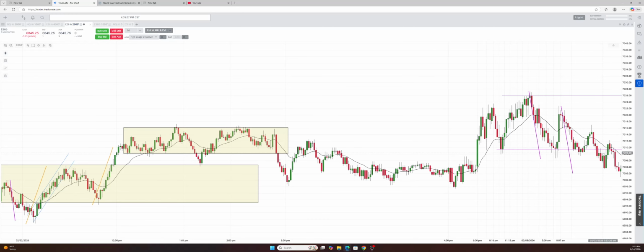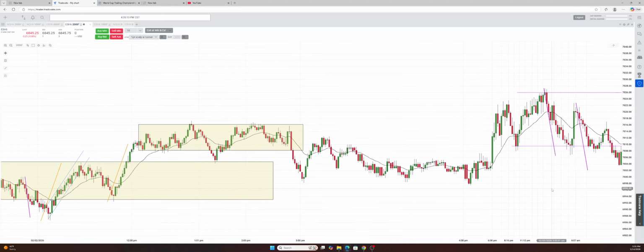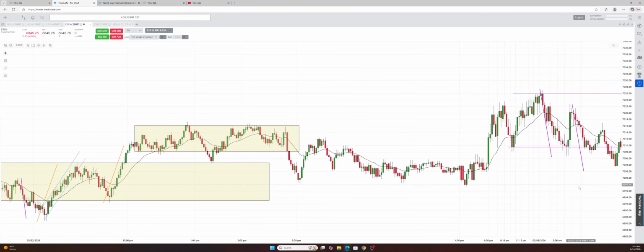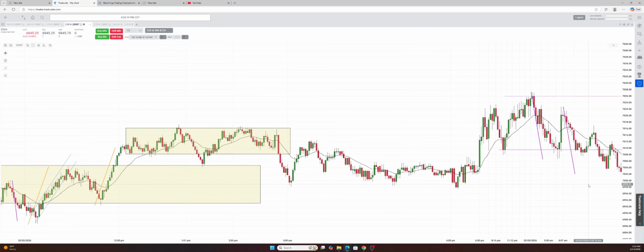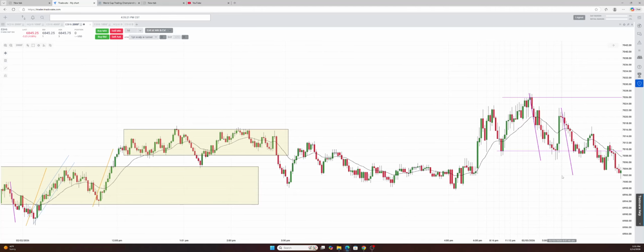So what do prices try when they break out of ranges? They will try to retest them. And you did retest, and you did try to break out here and try to push up, and then that rejected and pushed lower. So it's kind of aggressive, but at the same time, what we can see from